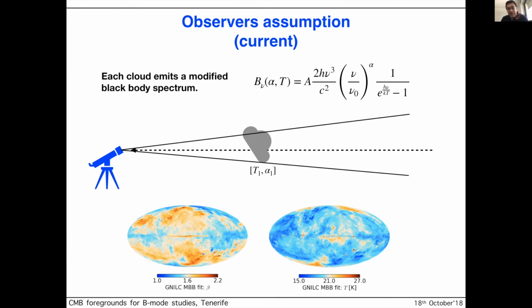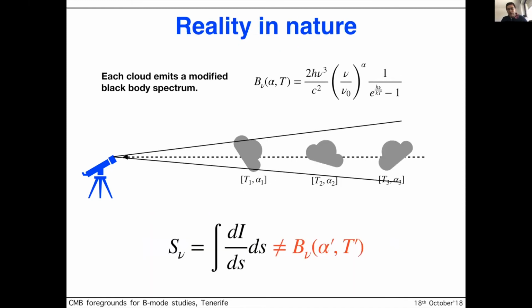Second of all, the SEDs that I was referring to before were the monopole SEDs. Okay, that is the sky averaged SED. And as you can see over here, the spectral index and temperature actually vary across the sky. So now when you add up different modified black bodies, which have different temperatures, either because you have different clouds along the line of sight or because you have different emission properties along different directions, the sum is no longer characterized by a modified black body. Okay. So this integrated SED is no longer a modified black body,